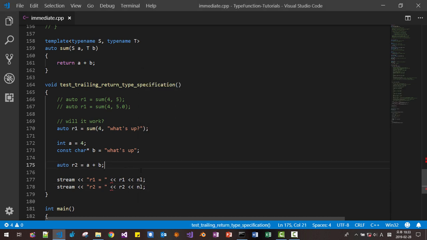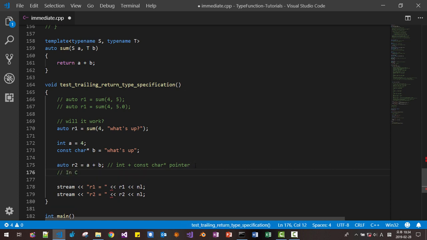So this is int plus constant character pointer arithmetic. In C and C++, pointers can be added to or subtracted from int.